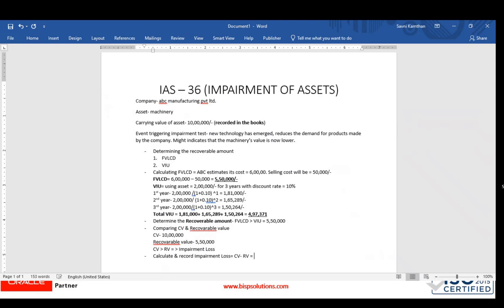So it makes 4,50,000. So the impairment loss for ABC company is to be calculated as 4,50,000